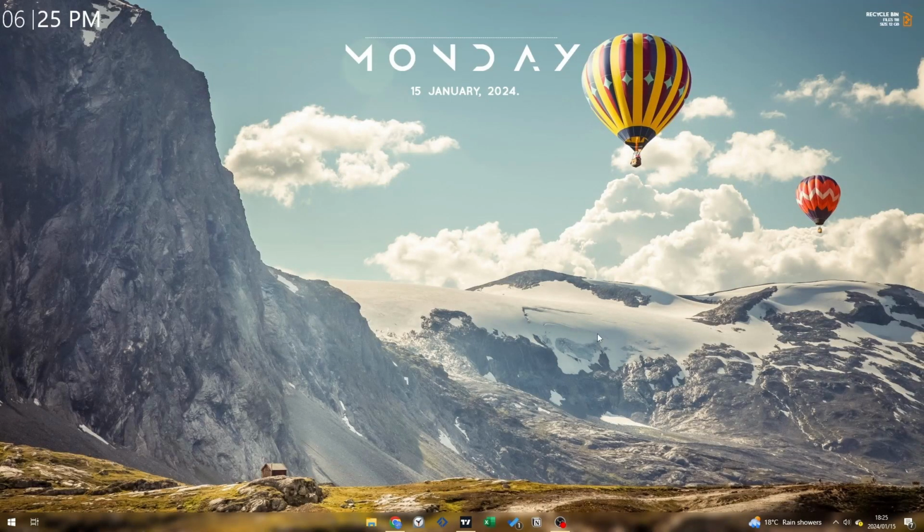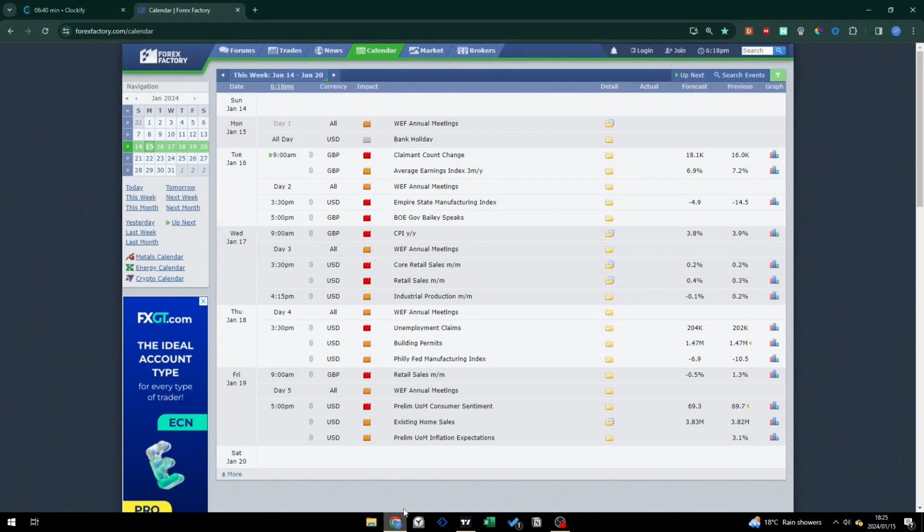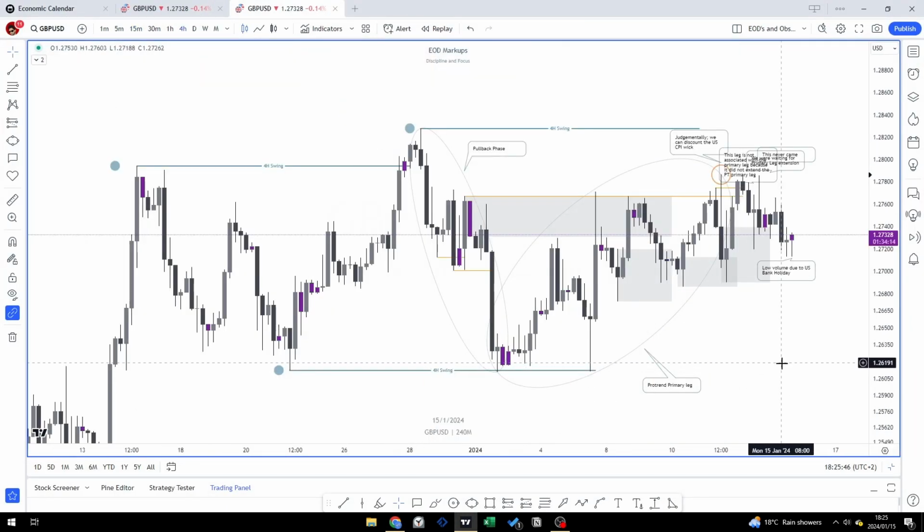Welcome to the end of day review for Monday, the 15th of January 2024. Today's end of day review is going to be quite a quick one because in terms of the economic calendar, there were no red folder news events and just the US bank holiday, which meant low volatility or volume for the US session. Moving into the 4-hour chart,